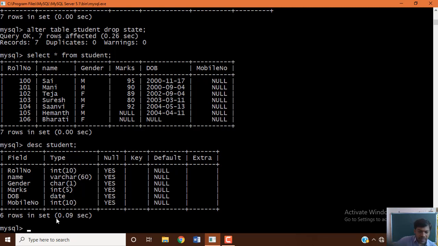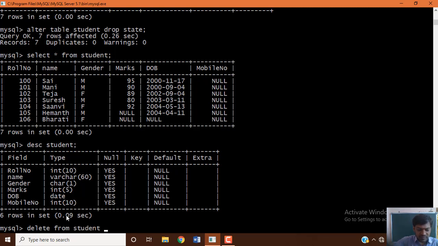So how can we delete data? By using the DELETE command. Suppose you want to delete one particular row, yes, we can use DELETE FROM student.